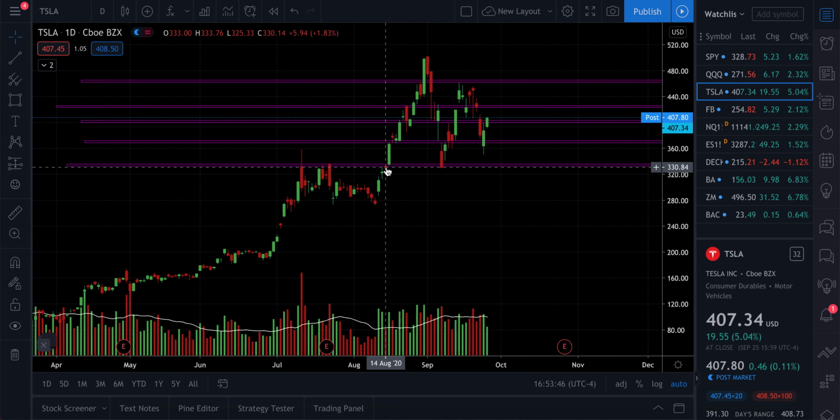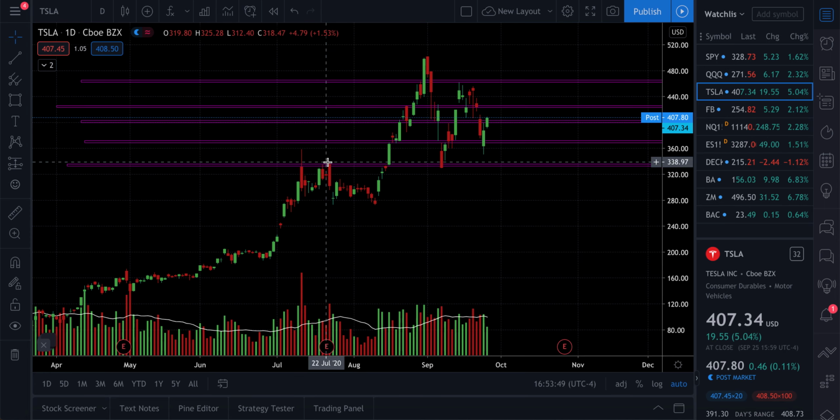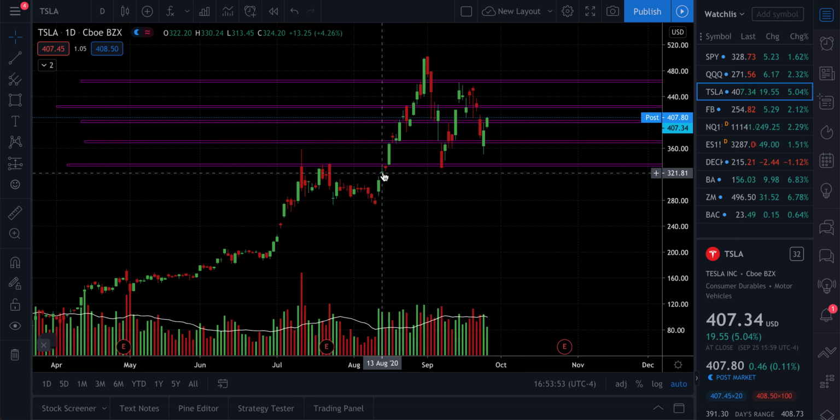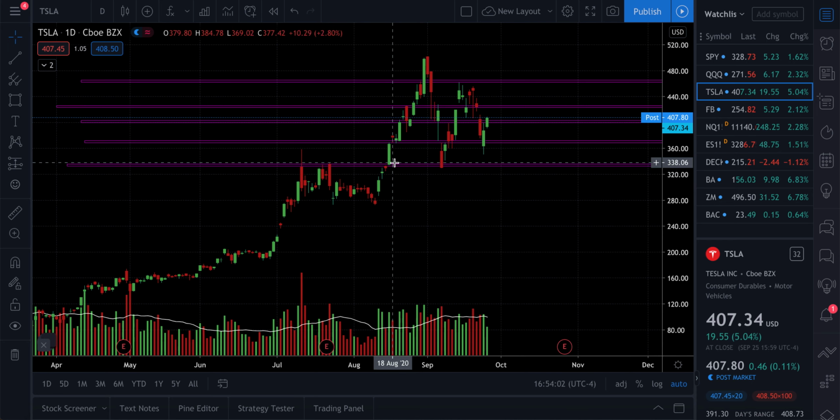But here, it went up, up. Now you see it tried to test the same area, about 335, right? At the 335 area, you can see that it rejected the first day and rejected the second, clearly a rejection, right? But the next day it just blew past that. Then let's say you want to